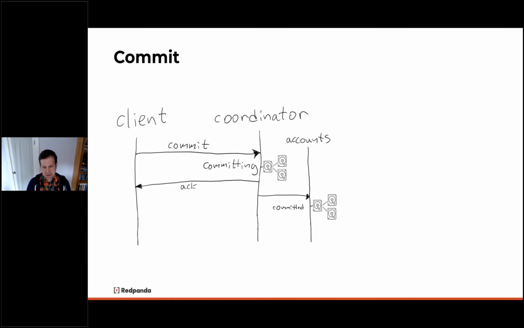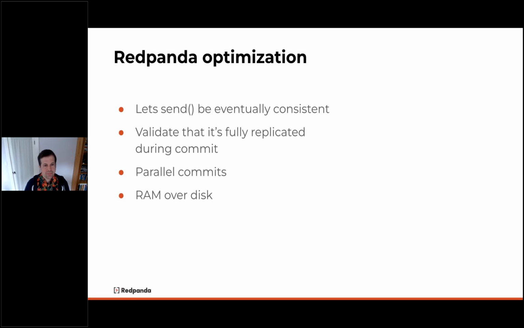So at this point, this has been committed, and now you can actually see that as the current state of data within the system. Then we tell the coordinator that it has been fully committed, and then we return. As you can see, that was a number of times back and forth that we had to return to the client, and a lot of times that we have to touch disk to actually get the